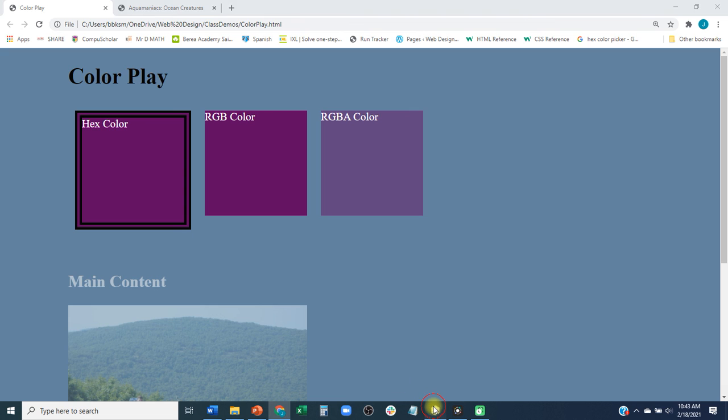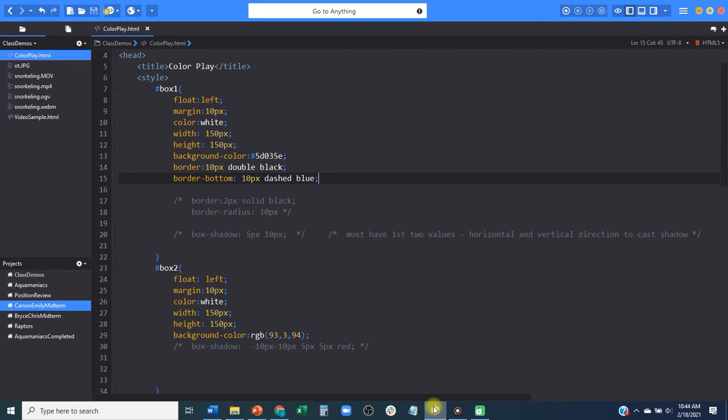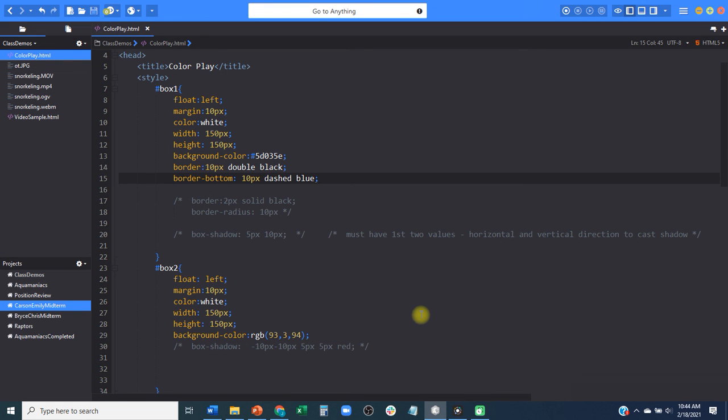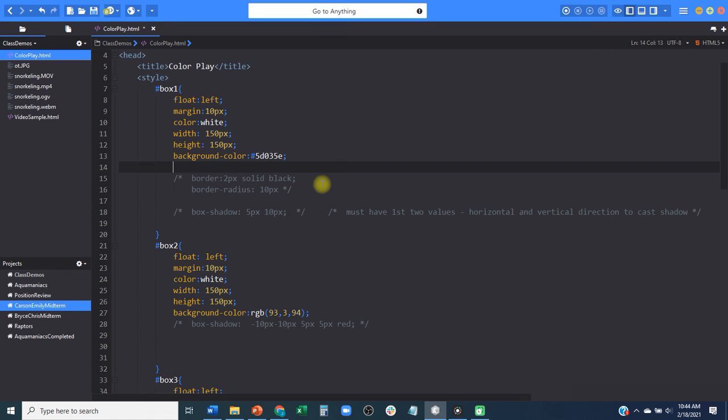I didn't save. There we go. Now I have a blue dashed 10 pixel wide border on the bottom. Yes, I know it's not very pretty, but it makes my example. I'm just going to delete this. So there's another setting